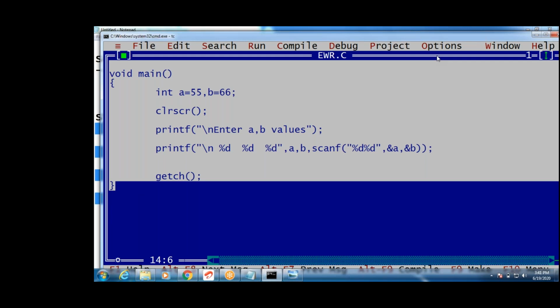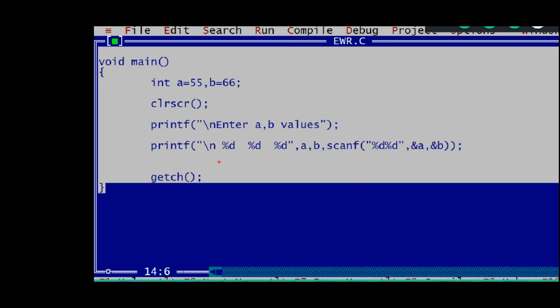Yeah, enter A comma B values. First, see, guys, this statement will be executed. Three percentiles are there. First percentile is A, second percentile is B, third percentile is scanf. Which one will be executed first, scanf or printing the A and B values? First scanf, yes or no? Why? Because scanf will be executed first. What are the A and B values by default? They are already there: 55 and 66.